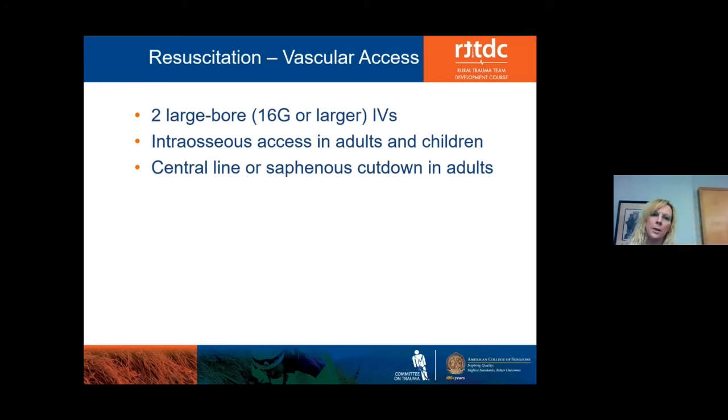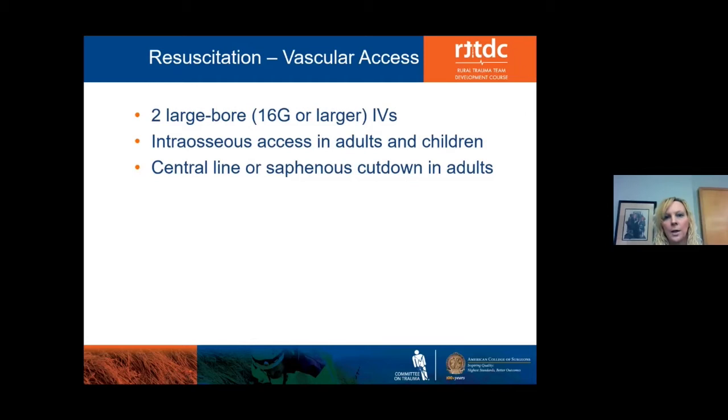So when we talk about resuscitation, the first thing you're going to need to do is get adequate vascular access. You're going to want 2 large bore IVs, about 16 gauge or larger. You can look to interosseous access in adults and children also. And interosseous access is actually gaining popularity now because we know it's a very good way to access